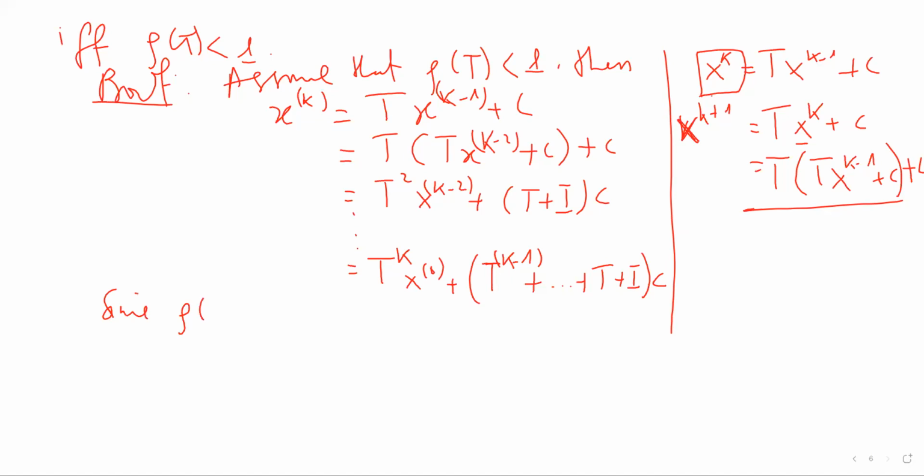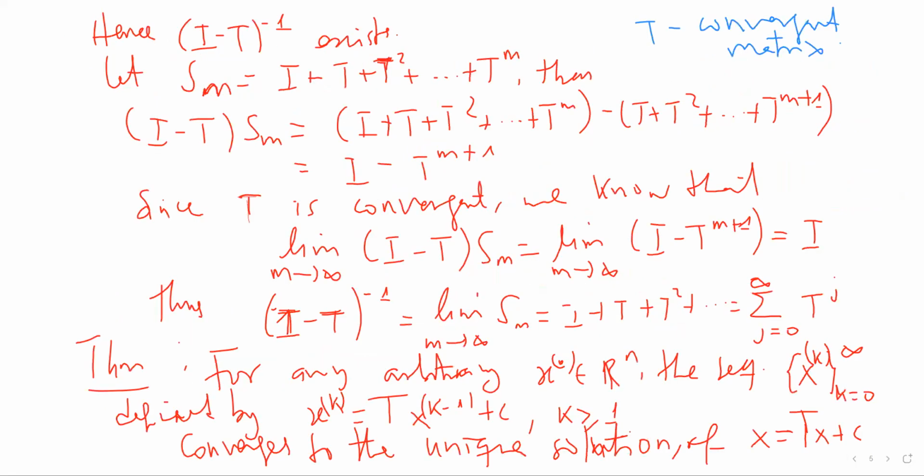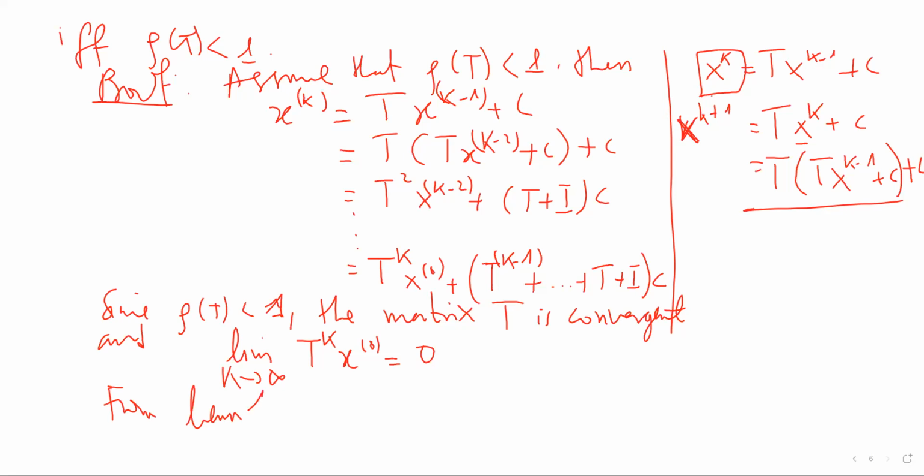Since the spectral radius of the matrix T is convergent, the limit as k goes to infinity of T to the power k x0 is 0. And then from the lemma above, from this lemma that we wrote here, I call it lemma 1, let me call this theorem 2. From lemma 1,